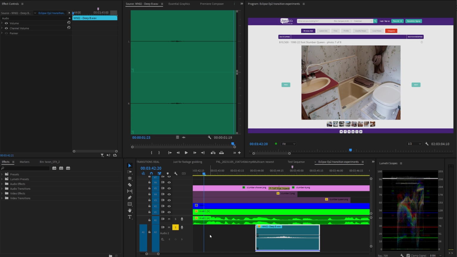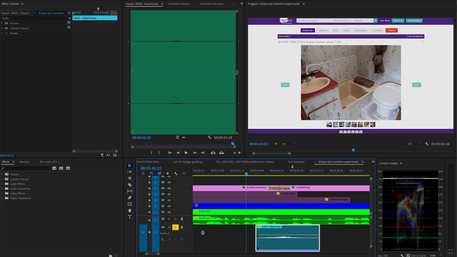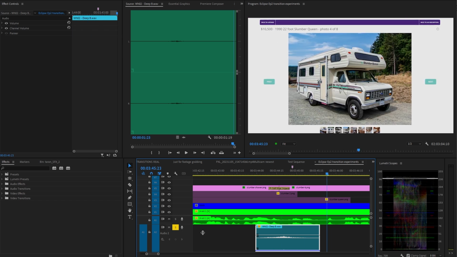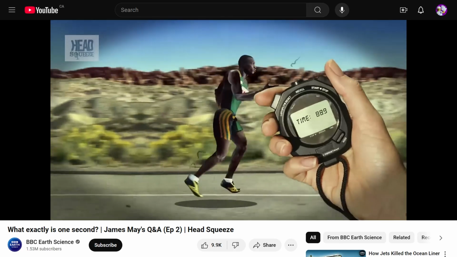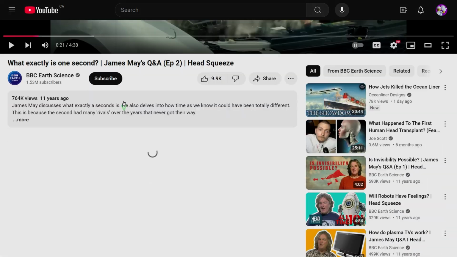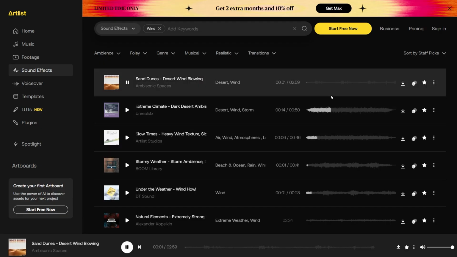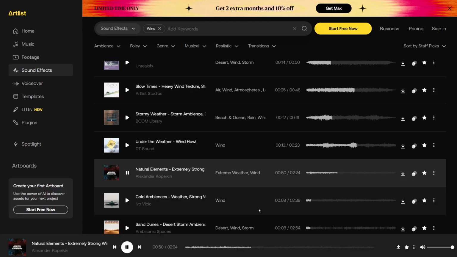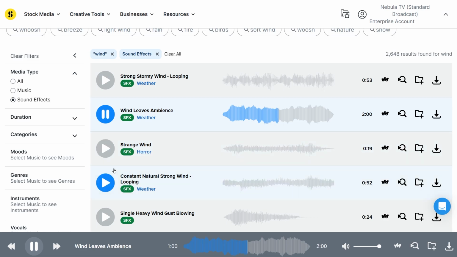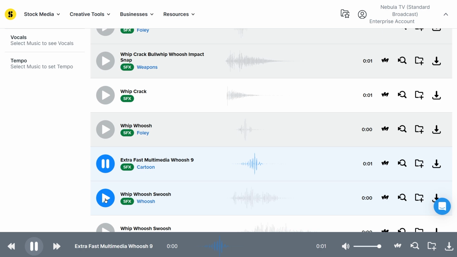You can use whooshes with your wipes, but especially if those wipes are happening while someone is talking, you have got to keep the sound effects very subtle. Remember, the most common problem with sound effects is that they are too loud, so don't let them overwhelm the dialogue. You can also try searching for wind to get whoosh-type sounds that are more gentle or more extreme. And a more overt, in-your-face sort of whoosh is a whip sound effect.